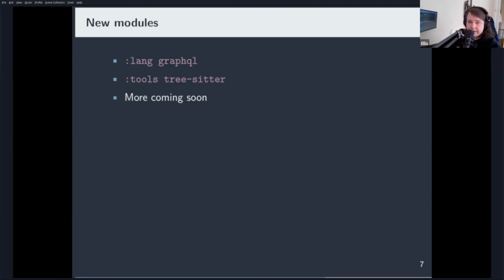As well as that, predating Emacs 29, native tree sitter support was added for the elisp tree sitter package, which defines a bunch of modules for something called tree sitter, which very, very quickly provides a way for you to use scheme queries to define an AST for the whole of your document. So you can have, this is a code block, this is what a function looks like, this is what various bits look like, to create a whole AST of the whole document. So you can just navigate around, and it includes a bunch of grammars for that and a bunch of text objects for evil, so that you can go